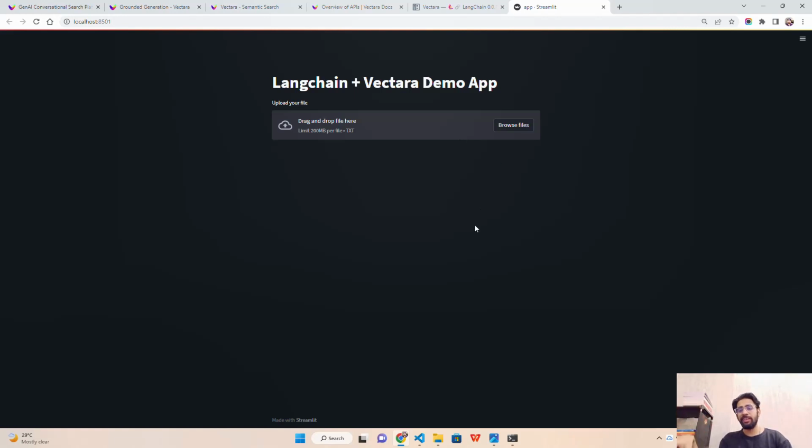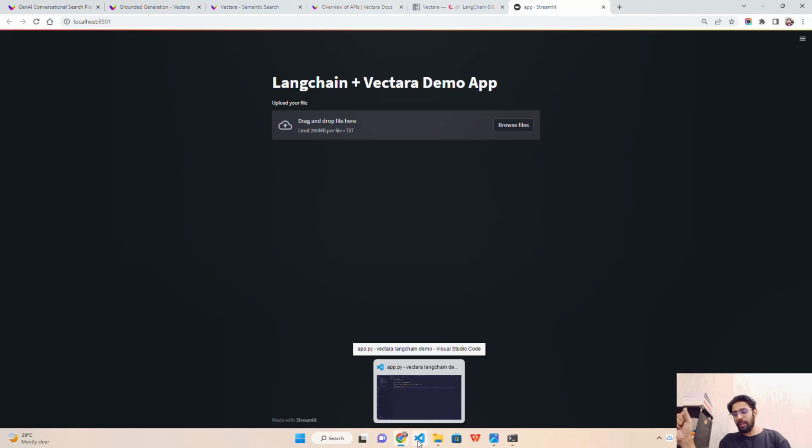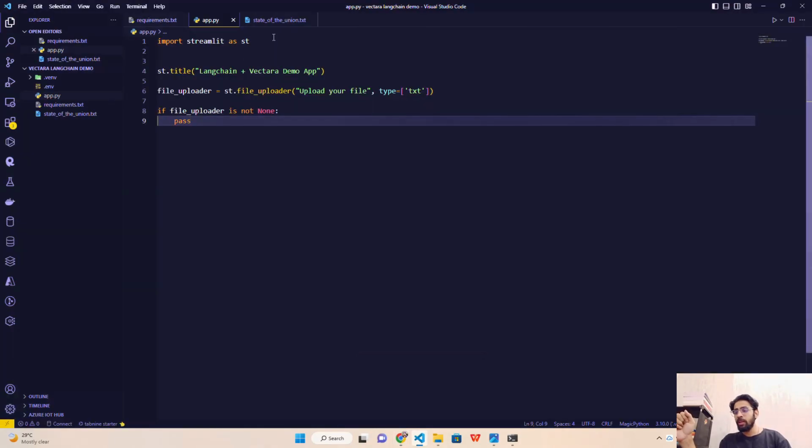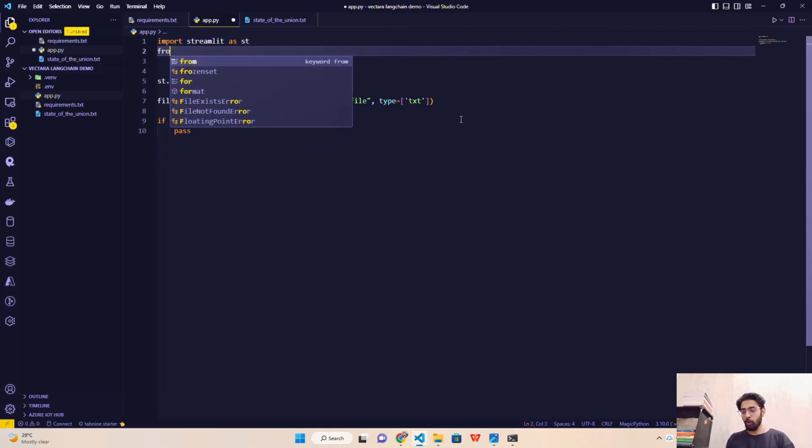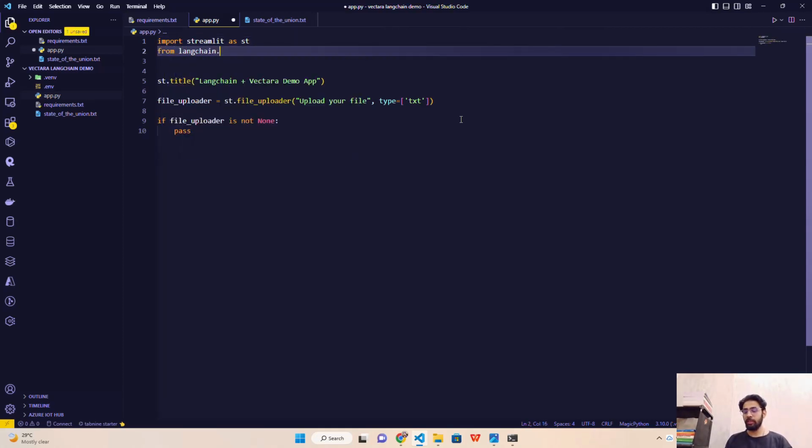Okay, so we are not interested in that one, at least this moment. So let's do one thing now. Okay, so now let's do the Langchain heavy lifting here. So what I'm gonna do here is I'm gonna say, okay, from Langchain, the first thing, document loader. So document loaders, we need to import text loader, because we have a text file that we are going to upload,